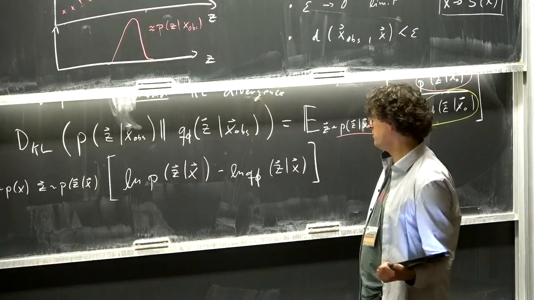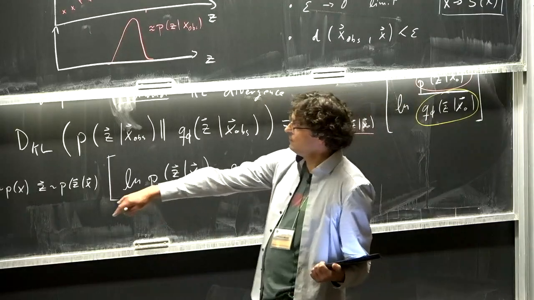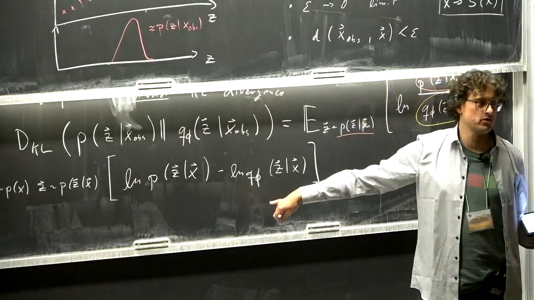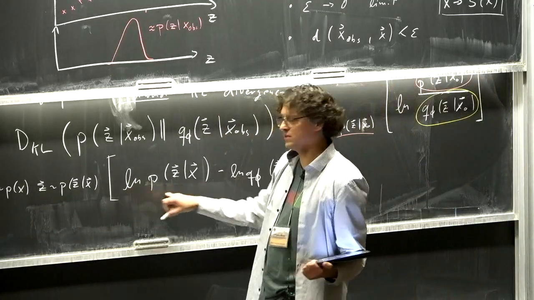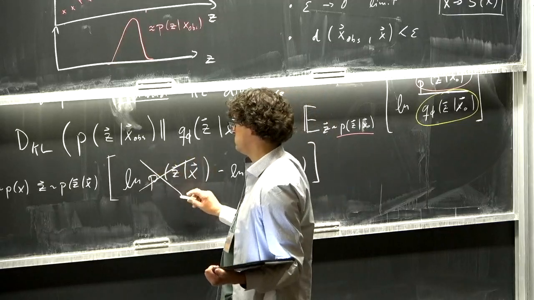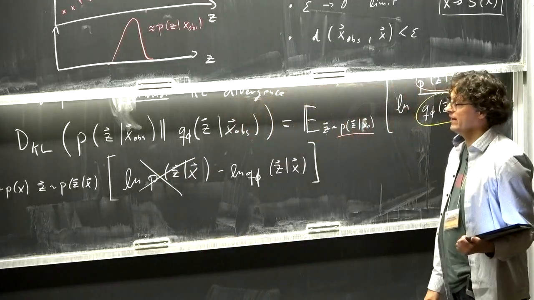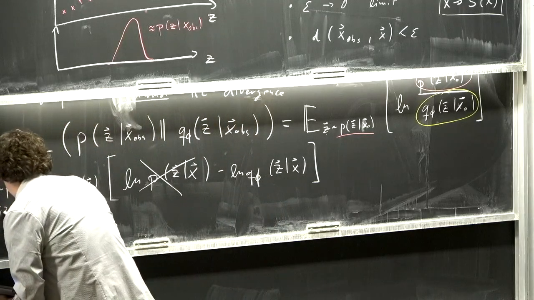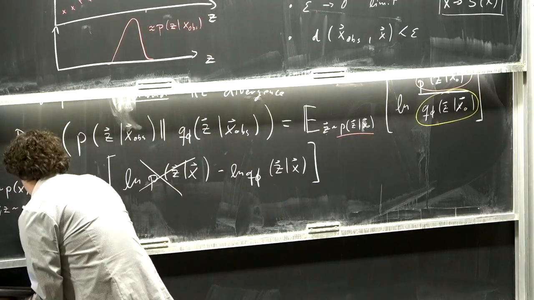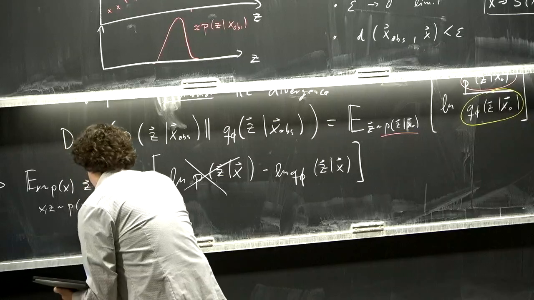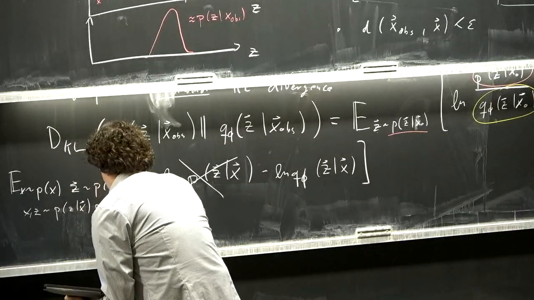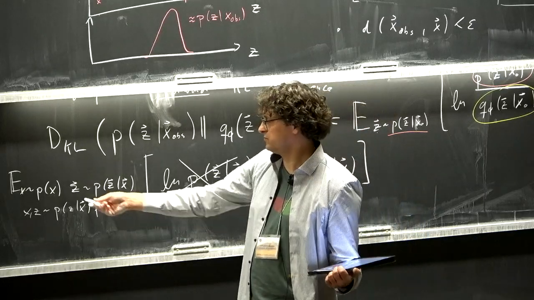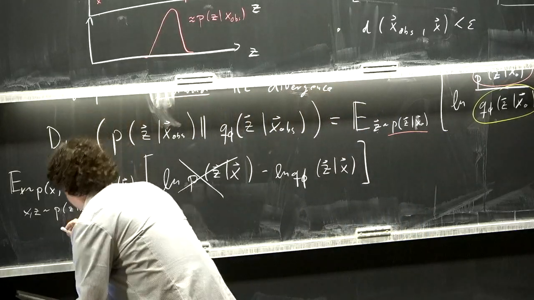And now there are two things. The first thing is this is going to be an optimization target, right? So terms that don't depend on phi actually don't matter. And this is a term that doesn't depend on phi, so we can just forget about it. And then the second trick is what we do here: we sample from posterior times evidence, which would be very difficult to do. We would have to solve many inference problems if we wanted to do it exactly like this.